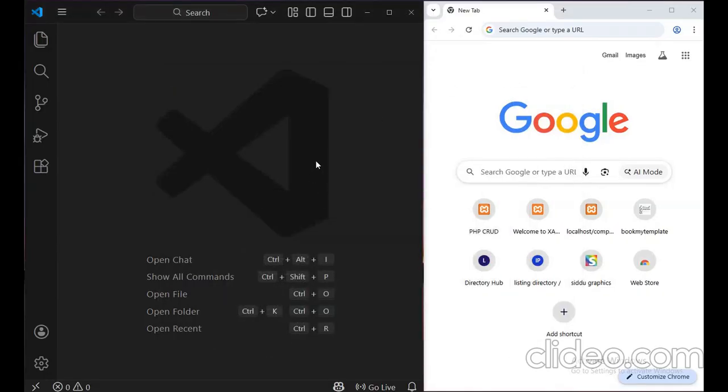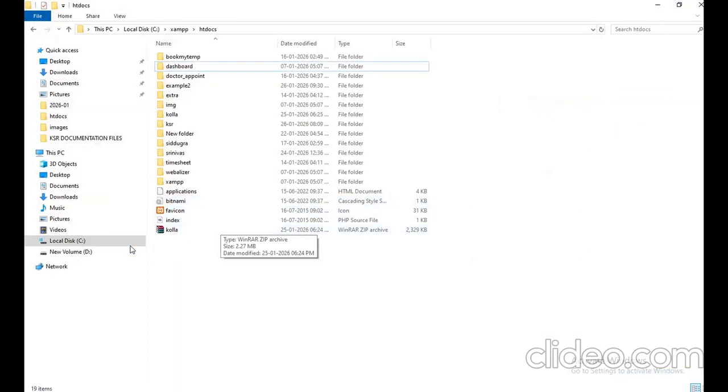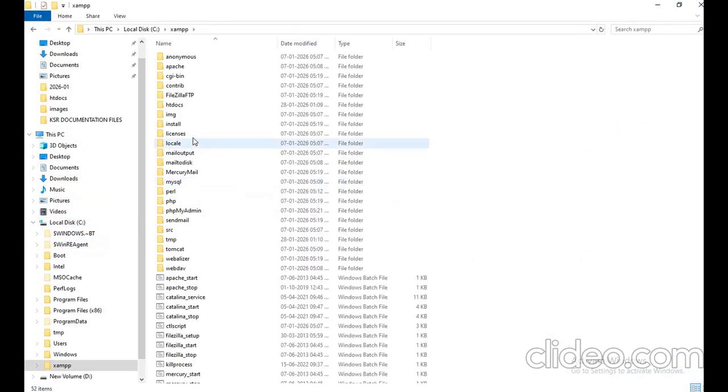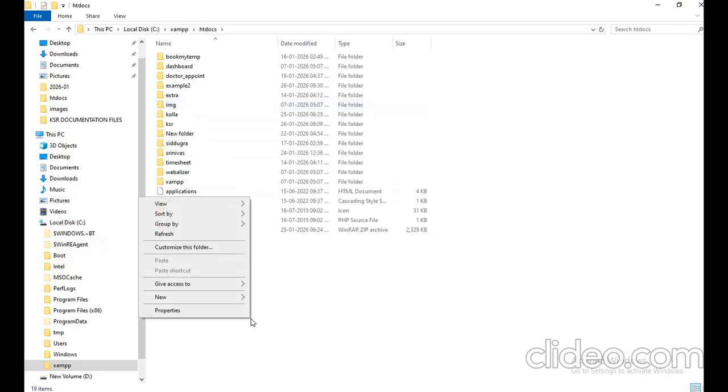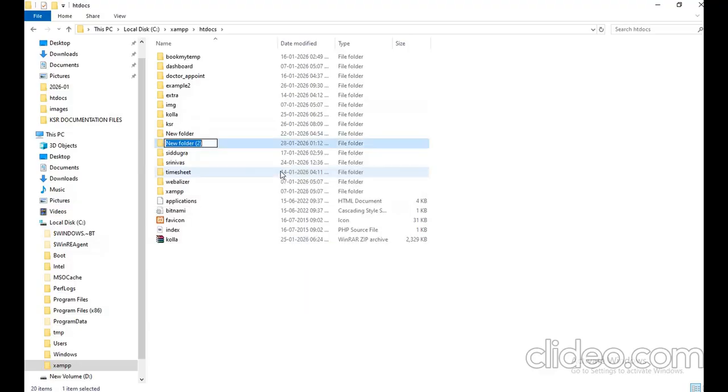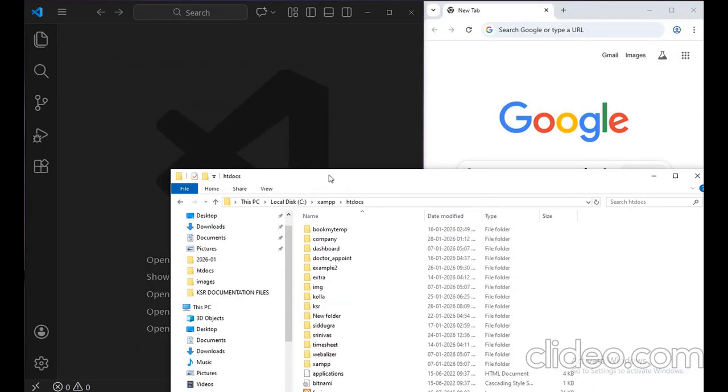Hi everyone. Today we will discuss a PHP code example, CRUD: create, read, update and delete with HTML forms, where insert, read, update and delete are all visible at browser level. Okay, first we will create one folder. In XAMPP htdocs, inside the htdocs we will create one folder, company. Now open this folder in Visual Studio